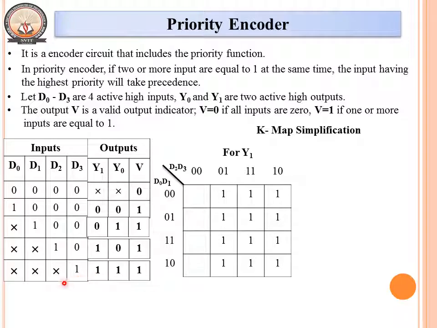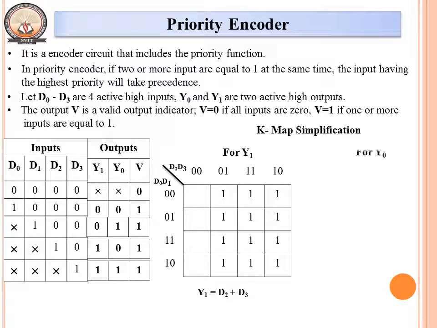In the same manner, you can see Y1 is 1 when the D2 D3 input combination is don't care and 1. Don't care can have a value of 0 or 1. If I assume this as 0, my D2 D3 value will become 0 1. For 0 1 also, all the entries will be 1 1. When I consider this as 1, for 1 1 also all the entries will be 1. So this will be the entry in your K-map. We simplify this and mainly get 2 quads, and the expression will be D2 plus D3.